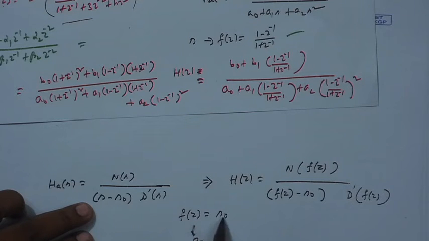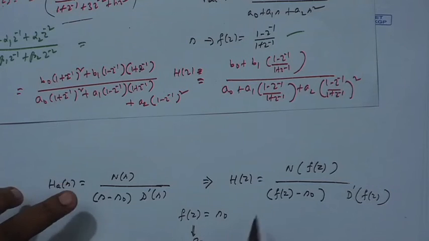So, f of z naught is S naught. So, if I want to find h of z naught, I have to have f of z naught, but that is S naught, because that is how z naught is obtained. Which means you solve this equation and find the solution, and this solution will be your new pole.